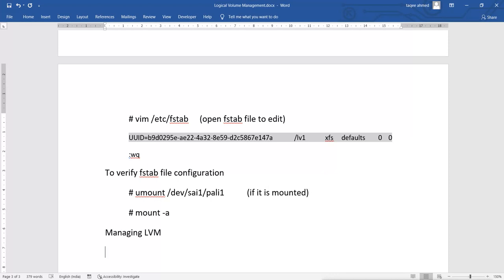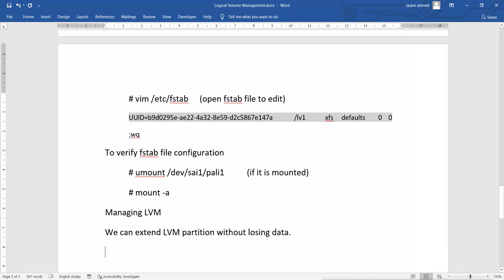First we can extend the LVM partition without losing data.